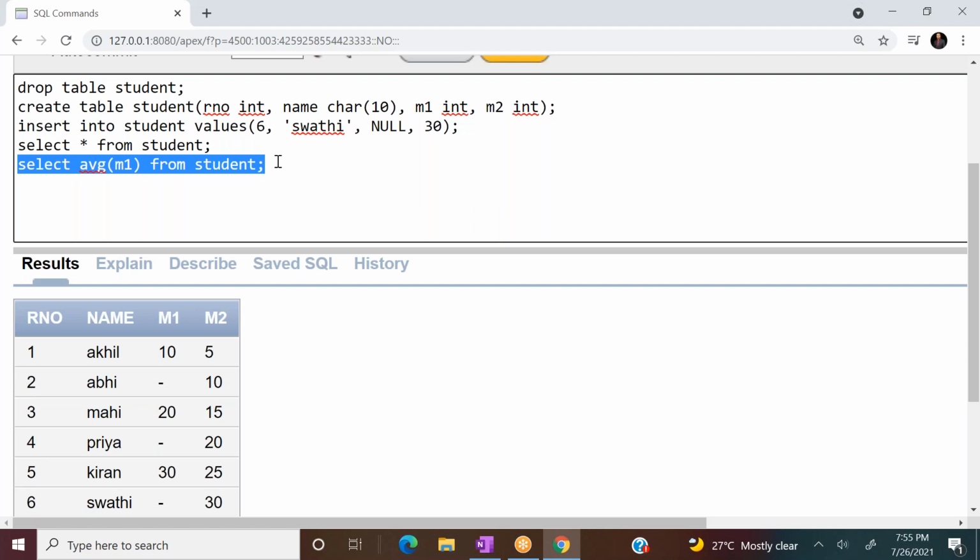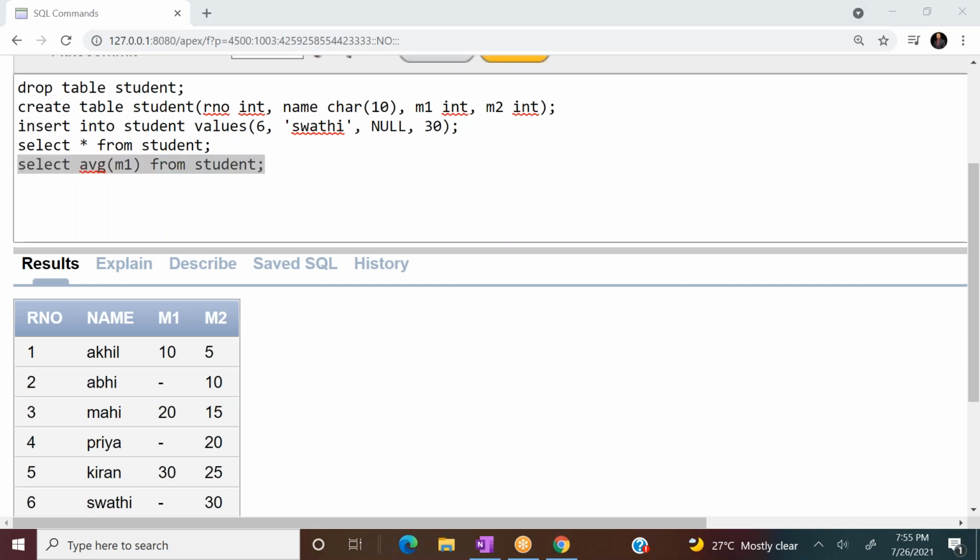Some students gave null, some gave 20, some gave 10. Anyone say error? No error, first thing. So how many of you say it is null? Do remember, the very first point I told you: aggregate functions ignore null. Average is an aggregate function. Aggregate functions are going to ignore the null. Is the null going to be considered by the average? No, only values are considered.